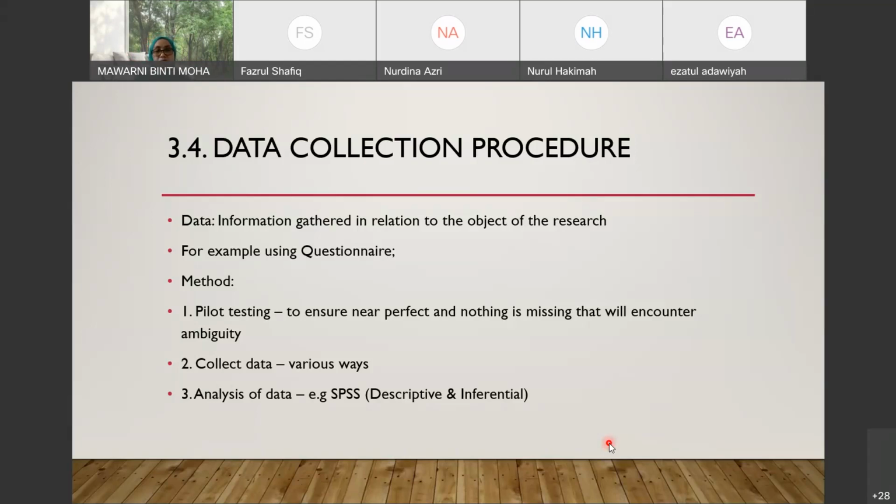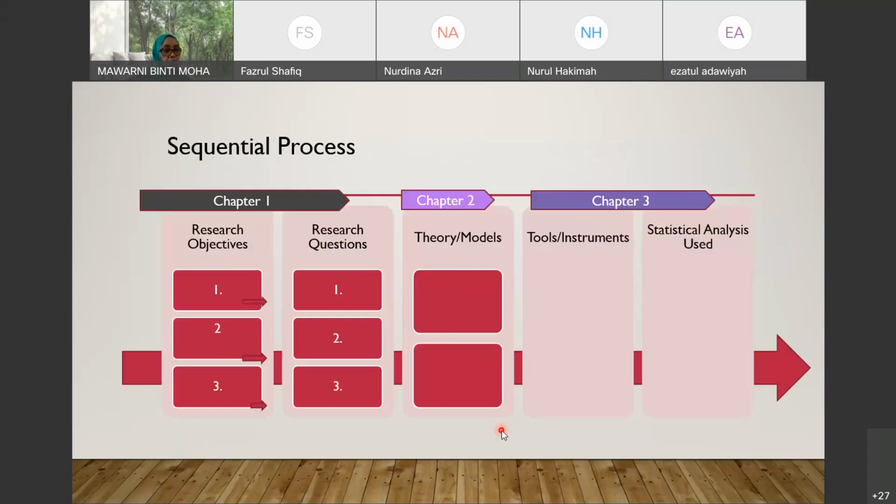And if I may suggest at this level, please try not to use mixed method. You don't have much time for mixed method. But if it's small scale, maybe it's okay. Maybe the questionnaire is about 10 only, and then you need 1 or 2 interviews to get an in-depth understanding of your research problem. Okay. And then you analyze data, you use descriptive SPSS, which will be explained further by Dr. Muzlia later. So please attend the class, it's very, very important. And I also learned a lot from Dr. Muzlia myself.